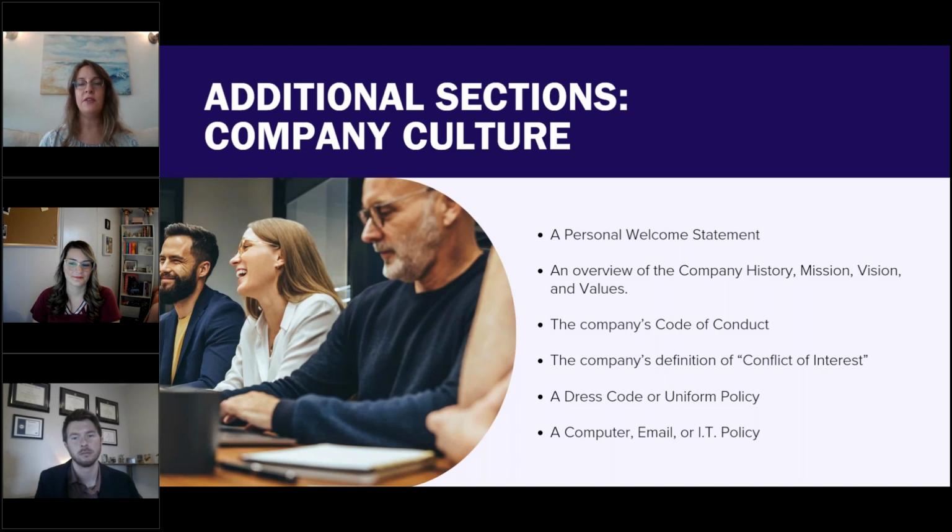Your handbook can also include an overview of the company's history, mission, vision, and values if you have them. A mission statement is your purpose of being. Your vision is a future statement about where you would ideally like to be if all of your goals were achieved. Your values are the company's primary principles in attaining the vision. Most companies also have a code of conduct to remind employees of what is expected of their behavior. Again, it's good to be proactive and talk about what's acceptable, what's not acceptable,